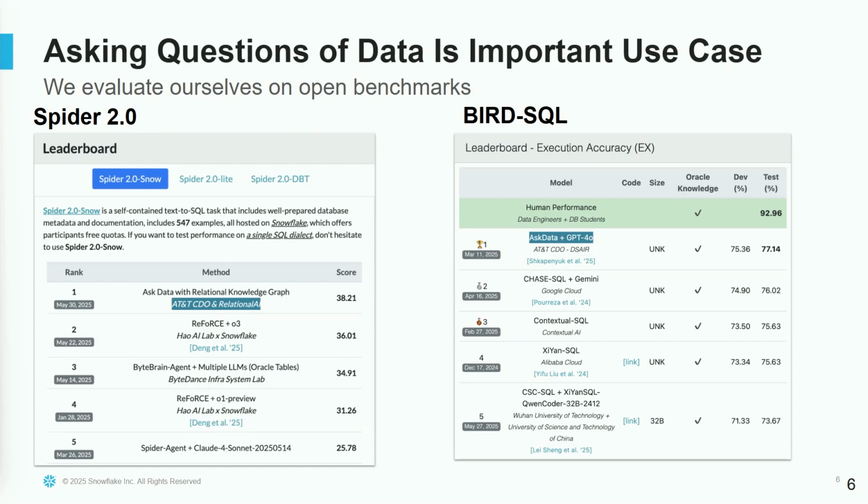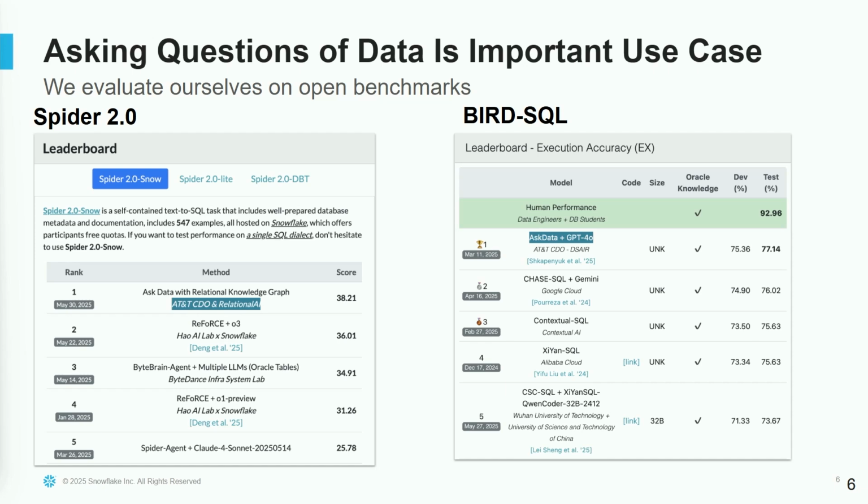One of our other GenAI use cases is Ask Data. Essentially, you ask questions of your tabular data. You may have questions, you're looking for information. And it is very common within AT&T leadership that they encourage employees to evaluate themselves against open source benchmarks. The main idea is we want to compare ourselves, let's say, with Google to see how well they perform on X and how well we perform on X, to make sure we have state of the art in production. Regarding that, we have tested our Ask Data